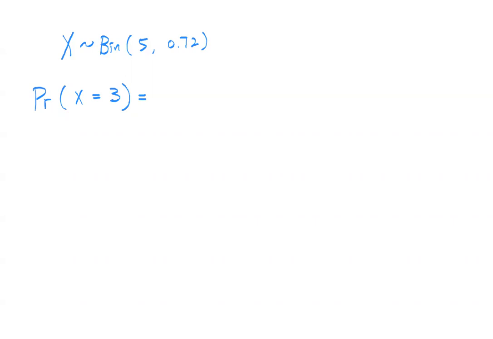So this means the probability of any 3 are in favor of changes out of 5, not the first 3, not the last 3, any 3. So if I want, I have to use a formula, correct? If I don't want to use a formula, how to use your GC? What must you press? You must go and look for binom PDF.